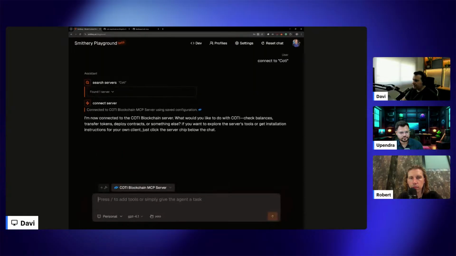This is another tool that you can use to play with the COTI blockchain. Because it's a standard, it doesn't matter if you are using cloud, Smithery, Cursor, or Windsurf, you are able to connect with the MCP through that standard, and that's the beauty of this. So you can also check it on the Smithery playground and play with it.